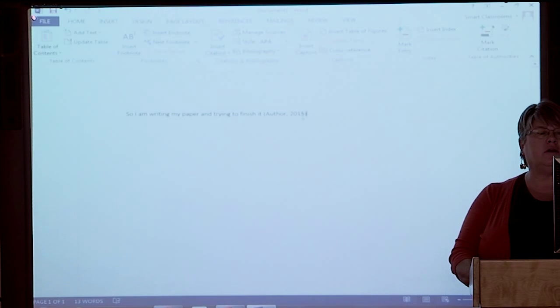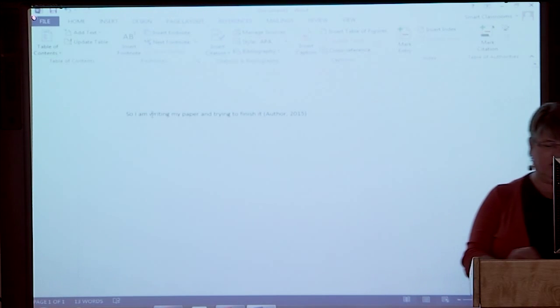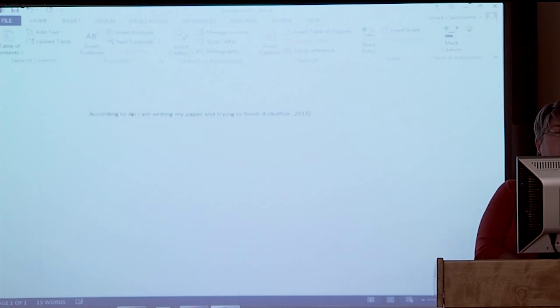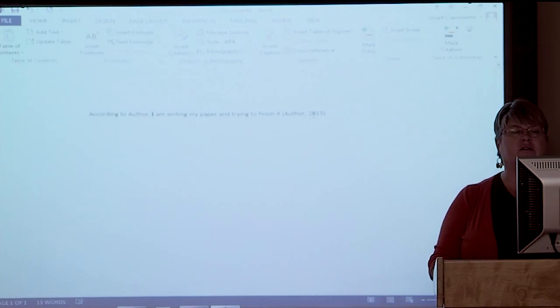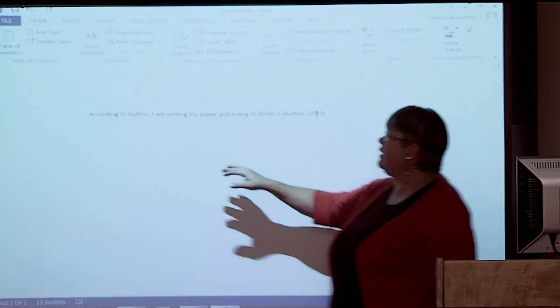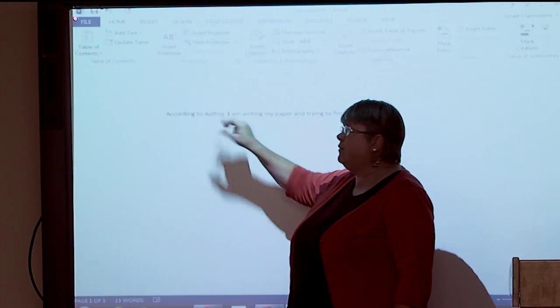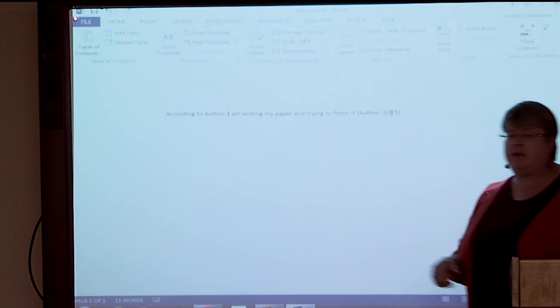Let's say I use the name in typing it. So I said over here, according to author, I am writing to get it finished. So at this point, if I say according to author, then I want to put my in-text citation there for APA.